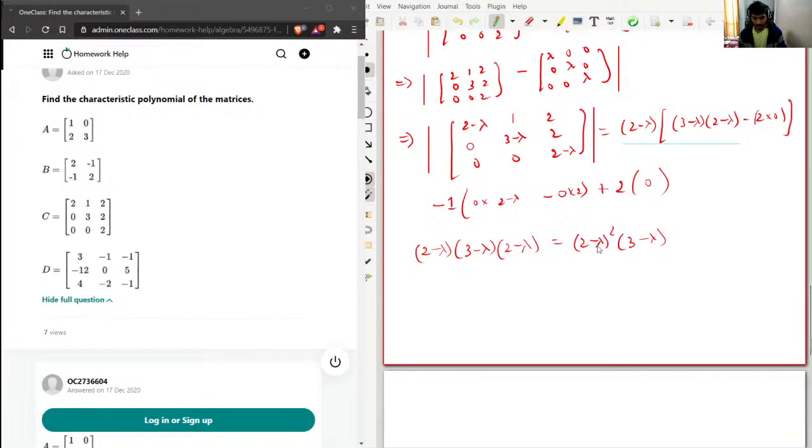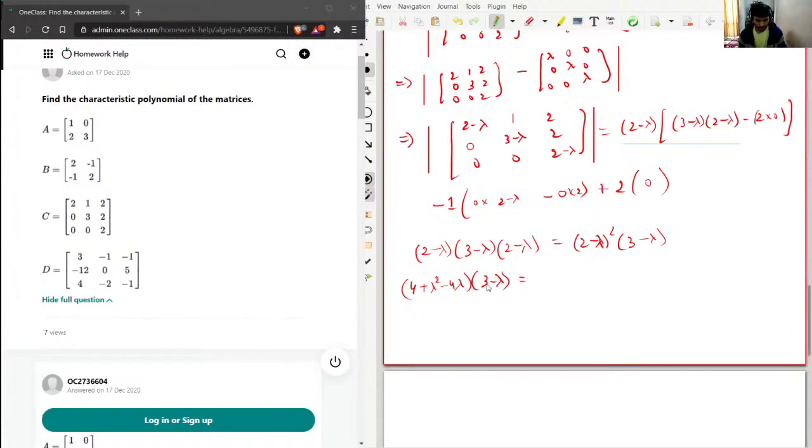Now I'll again use the a minus b whole square identity here. So I'll write 4 plus lambda square minus 4 lambda times 3 minus lambda,